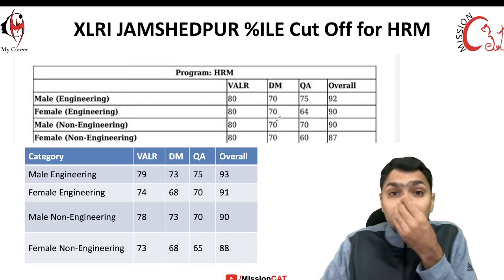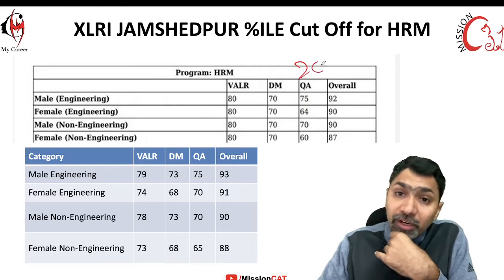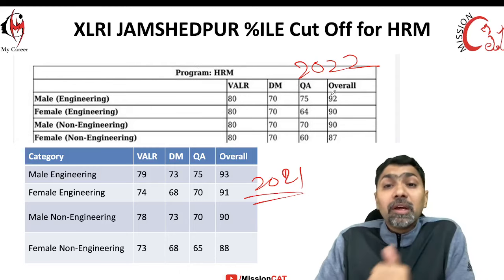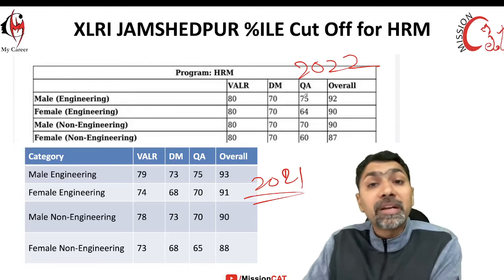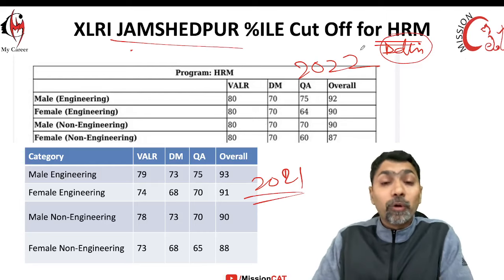सो एक्सएलआरआई जमशेदपुर का कट ऑफ क्या आता है भाई एचआरएम के लिए? ये 2022 का है, ये 2021 का है, right. So here it was slightly lesser than the BM course, because BM is what we call the main course. But let me tell you the placements happen together, right. XLRI BM course, HR course, and even Delhi, the campus placement happens together. It is given on their website. You can go and check it out.